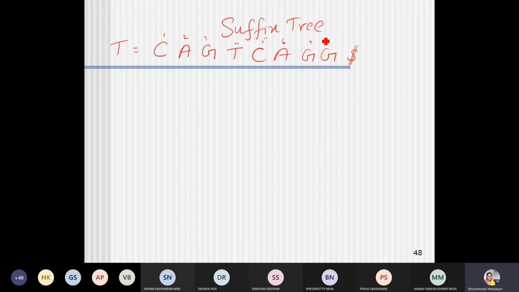Now how do we create a suffix tree for a given text? As usual, I will have a root node.